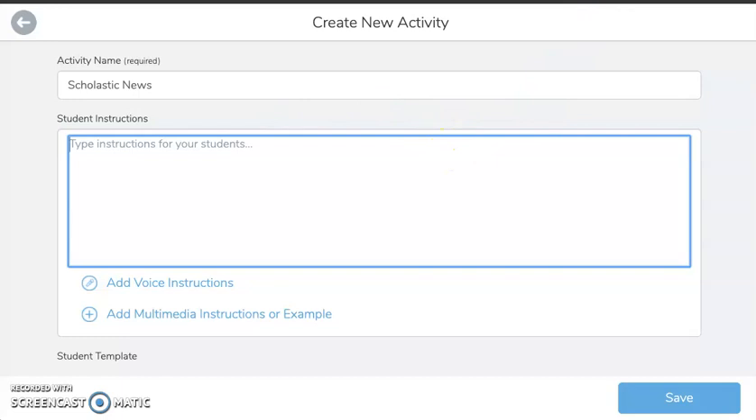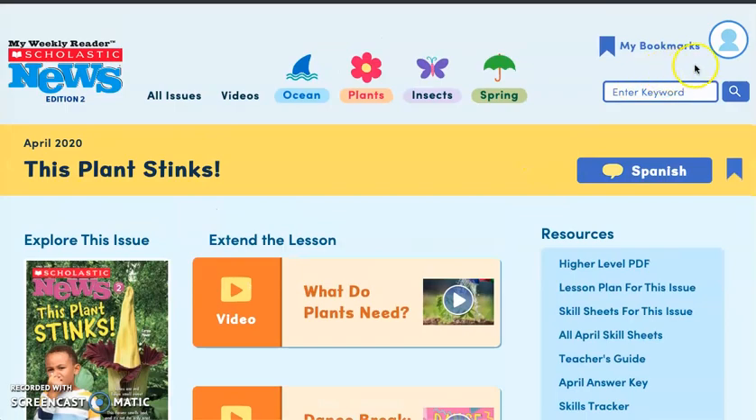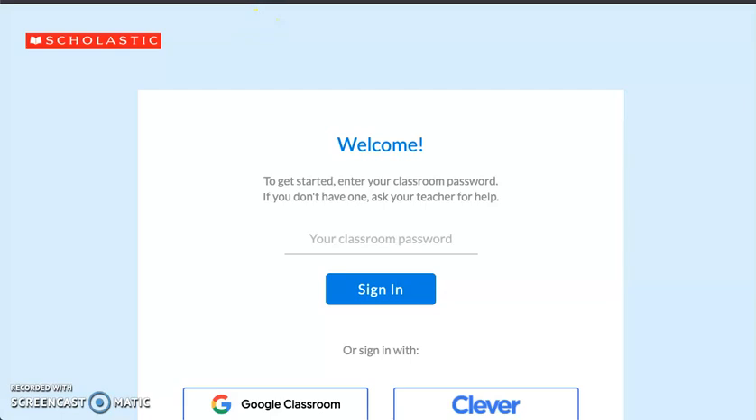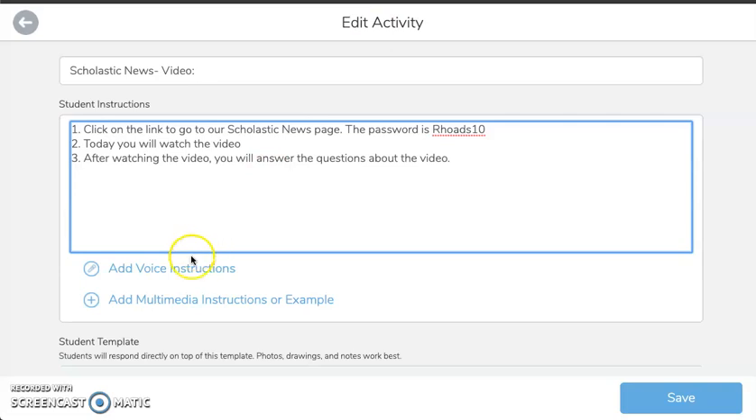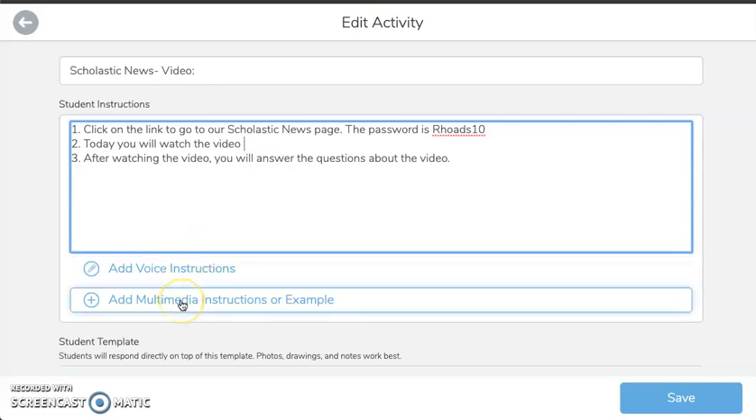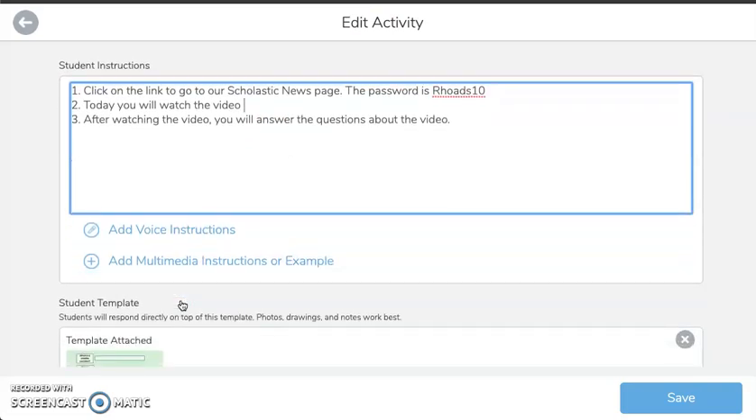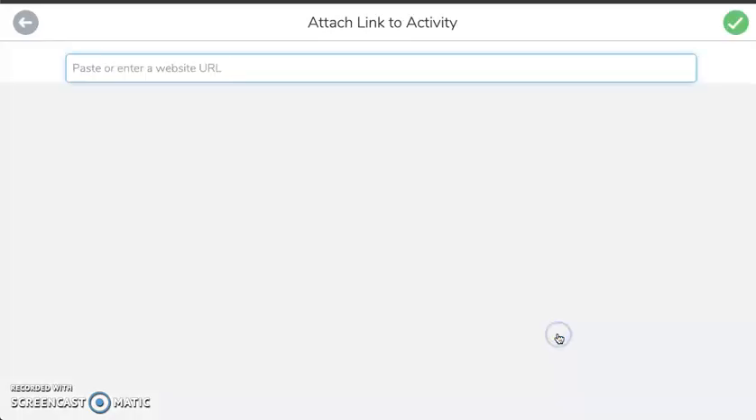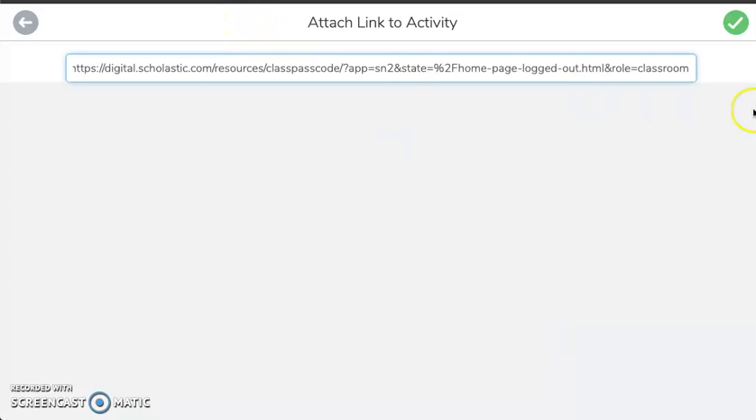In order to help students who may not have their iPads from school, a helpful tool would be to give them the Scholastic News login. I would then be sure to copy that link, and when I go back onto Seesaw, I am going to go to add multimedia instructions or example, and click on here for the link. This is where I will then copy paste